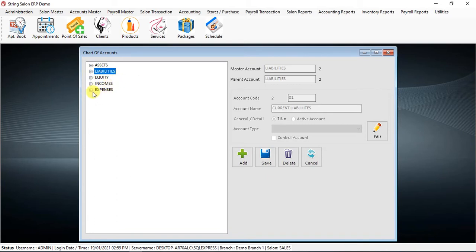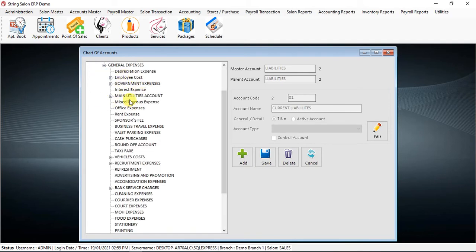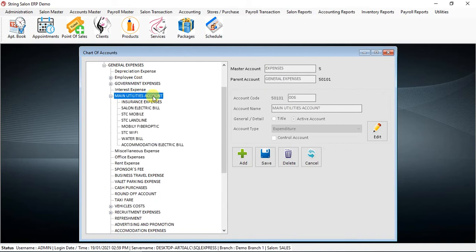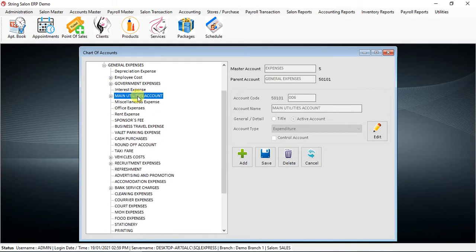general ledger account. For example, I'll create an expense. You can see there is general expenses, employee cost, government expenses, utilities. Here, for example, we need to add a telephone bill. So what you will do, you will double click this one, main utilities, and press add. Then you will give a